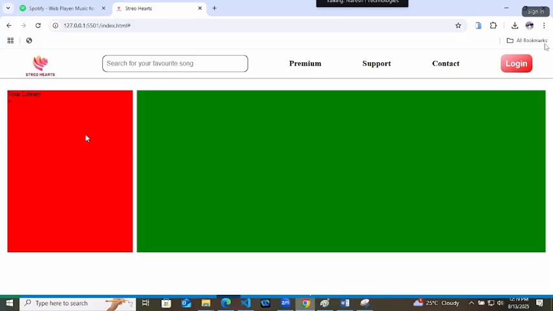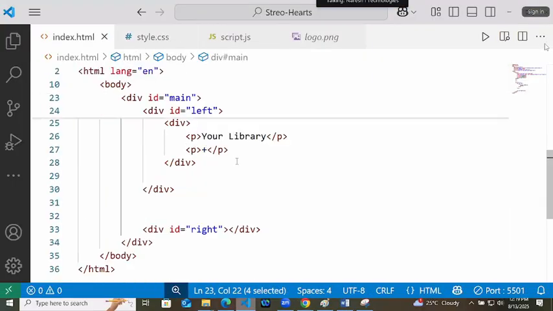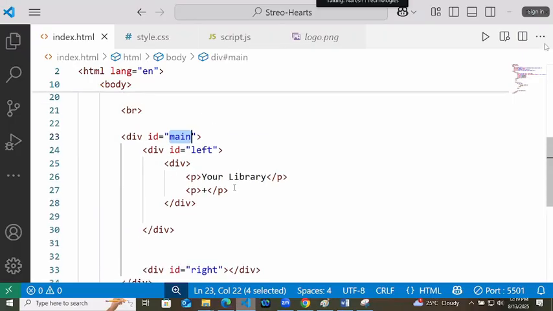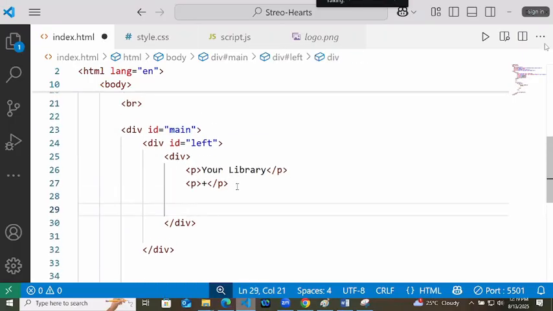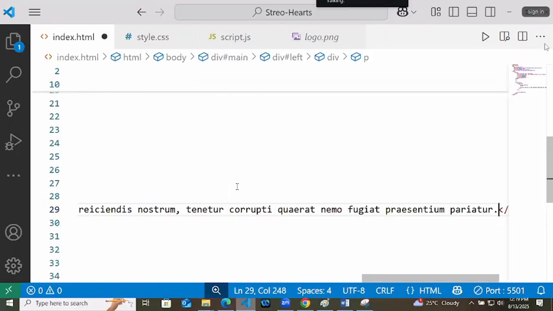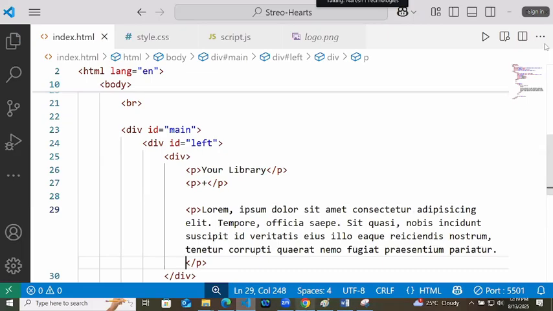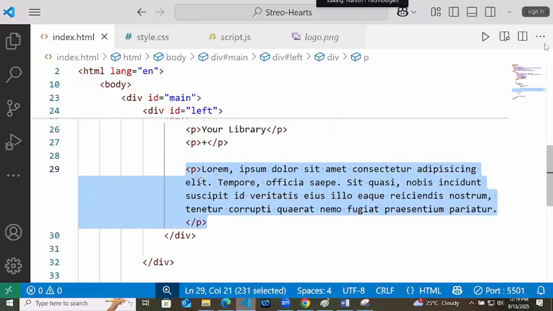So left, right. Now for a moment, if you have added a lot of content in the left side, I will add a lot of content in the left side. Let's say I have added this paragraph. I will add the same paragraph multiple times.